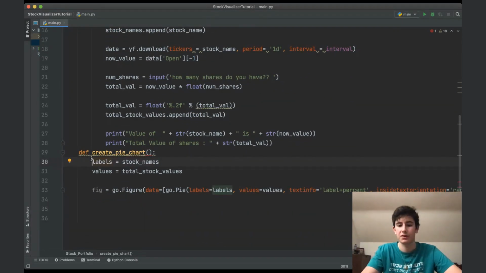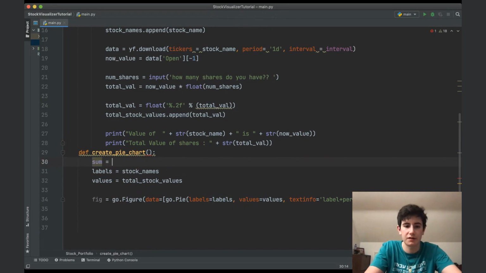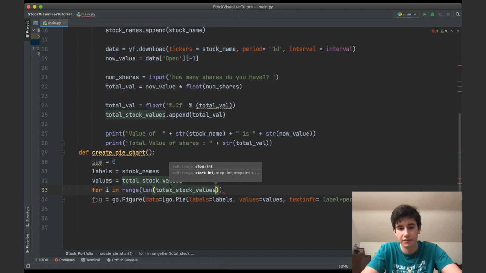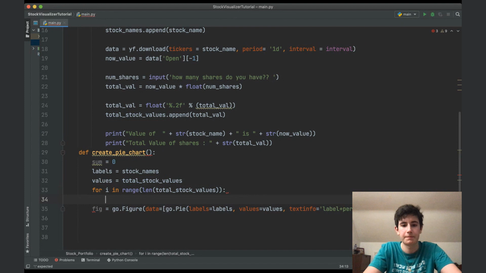So how do we do this? We create a variable called sum. Sum equals 0. For i in range, stay with me here, for i in range the length of the total stock values, sum plus equals, we're adding to sum, total stock values